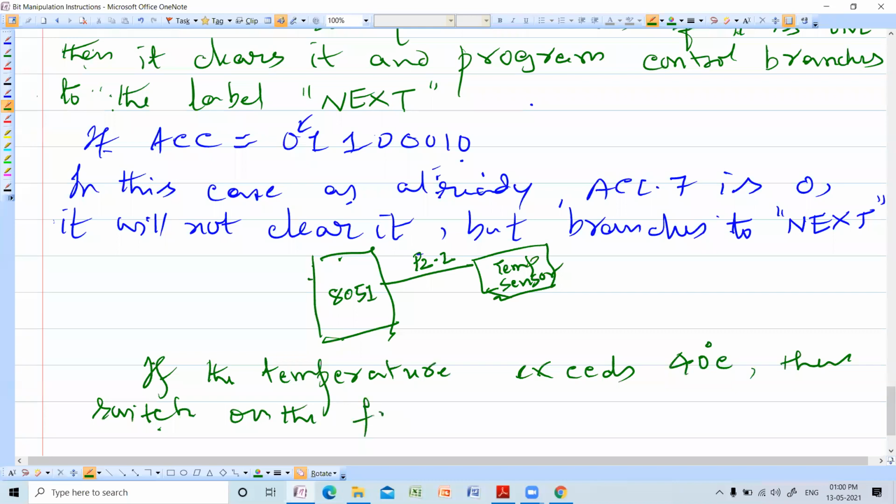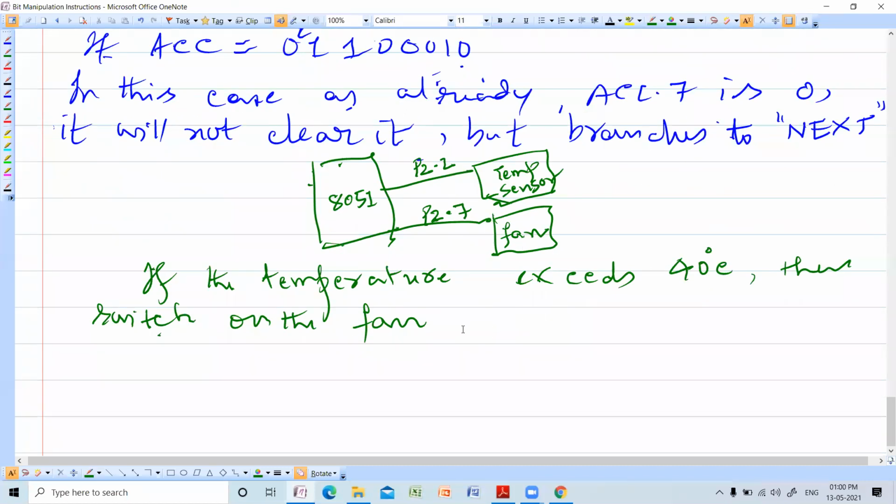You have to write a program for this now. This may be the application. Maybe the fan is connected to some P2.7. So this P2.7 is connected to the fan switch. This is connected to the fan.